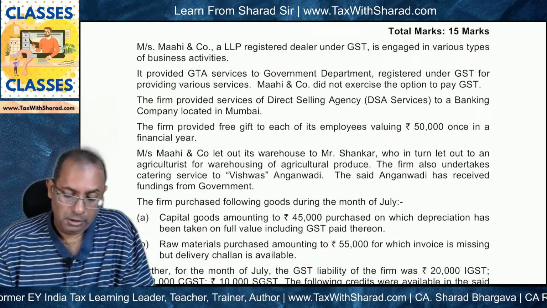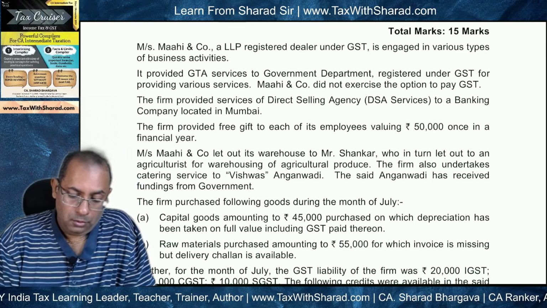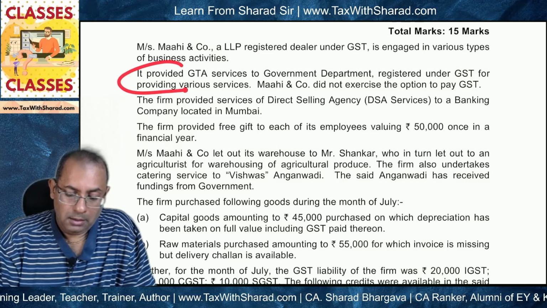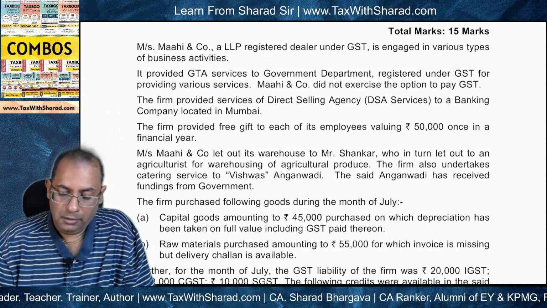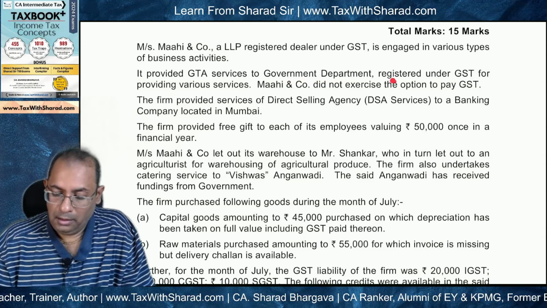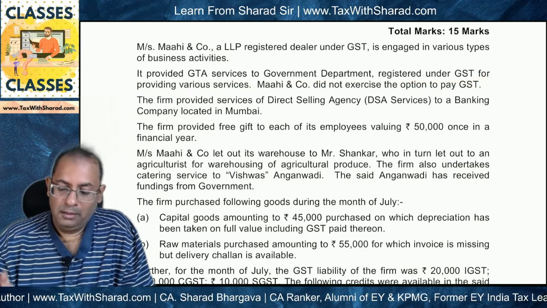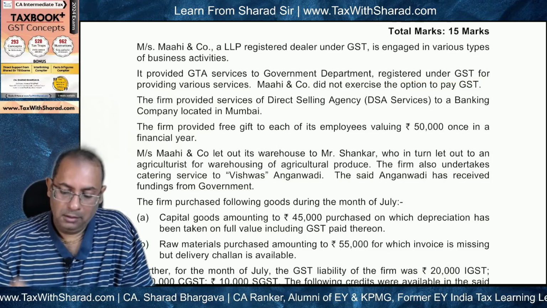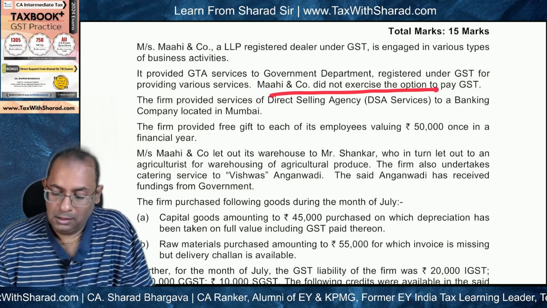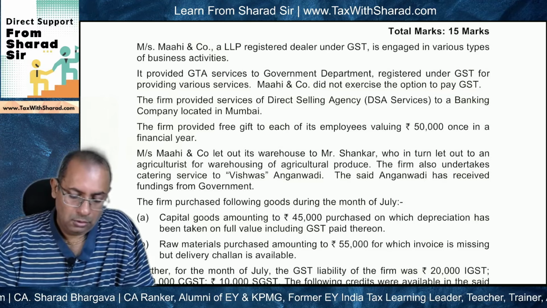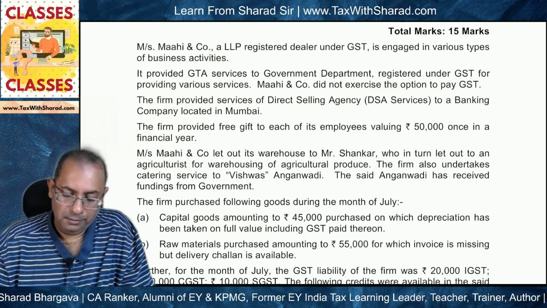So what is the question saying? As far as GTA services are concerned, it provided GTA services to a government department registered under GST for providing various services. So the government department is registered under GST for providing various services. Mahi and Company did not exercise the option to pay GST under forward charge. Okay. So if we look at the position,